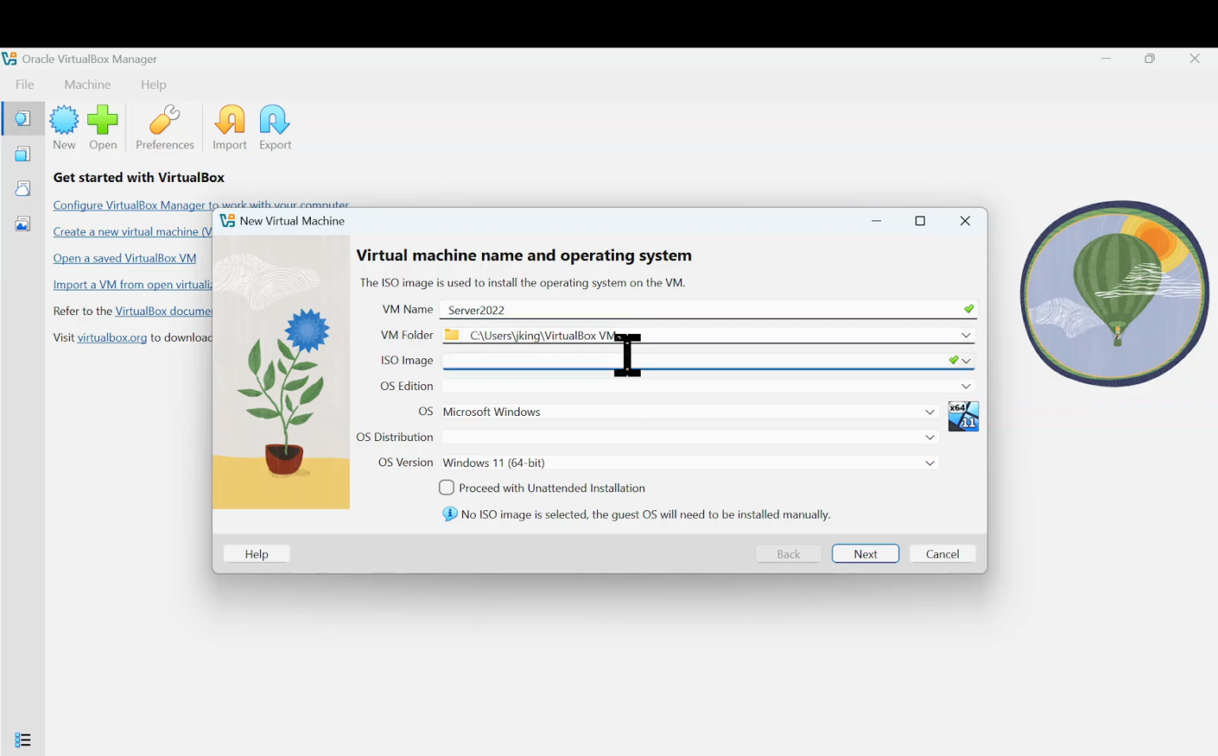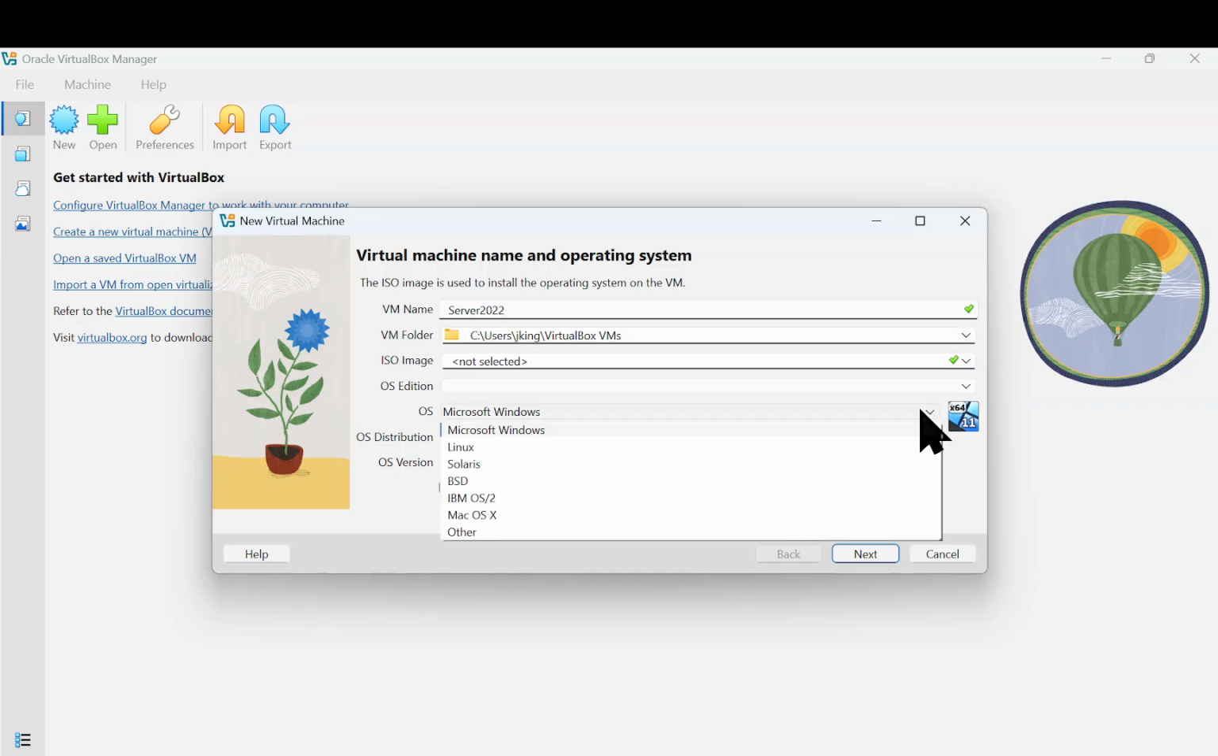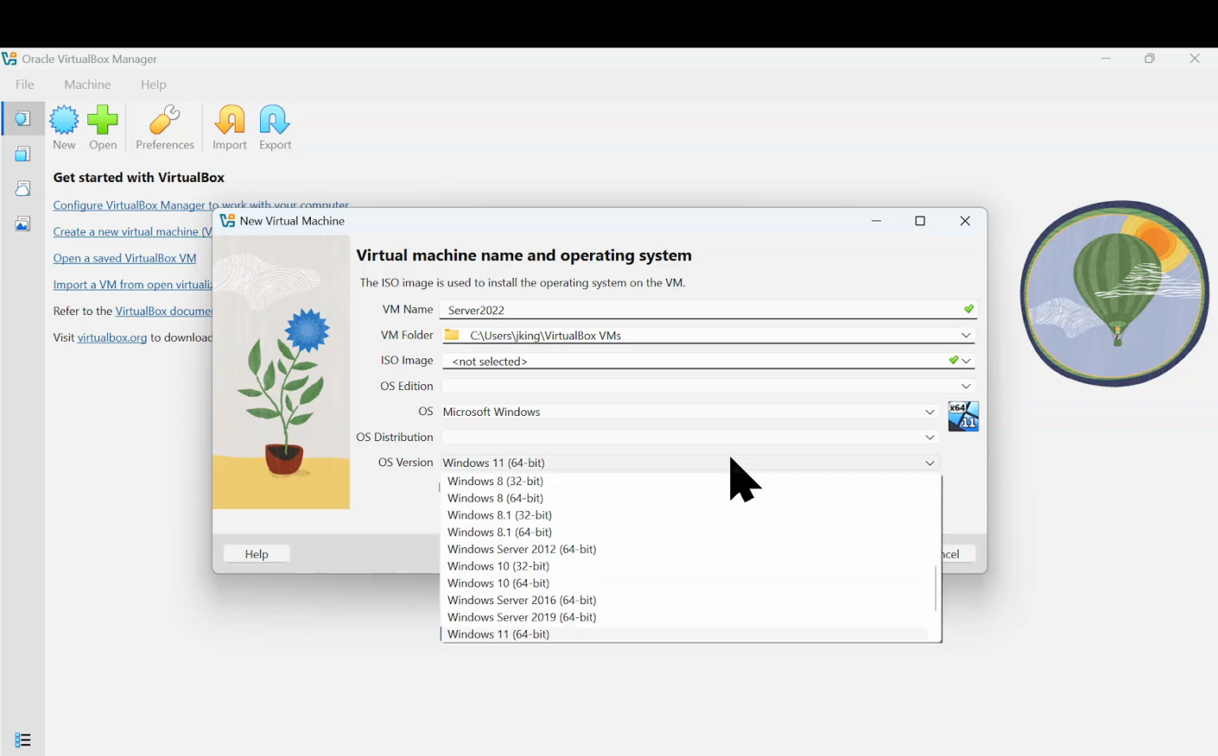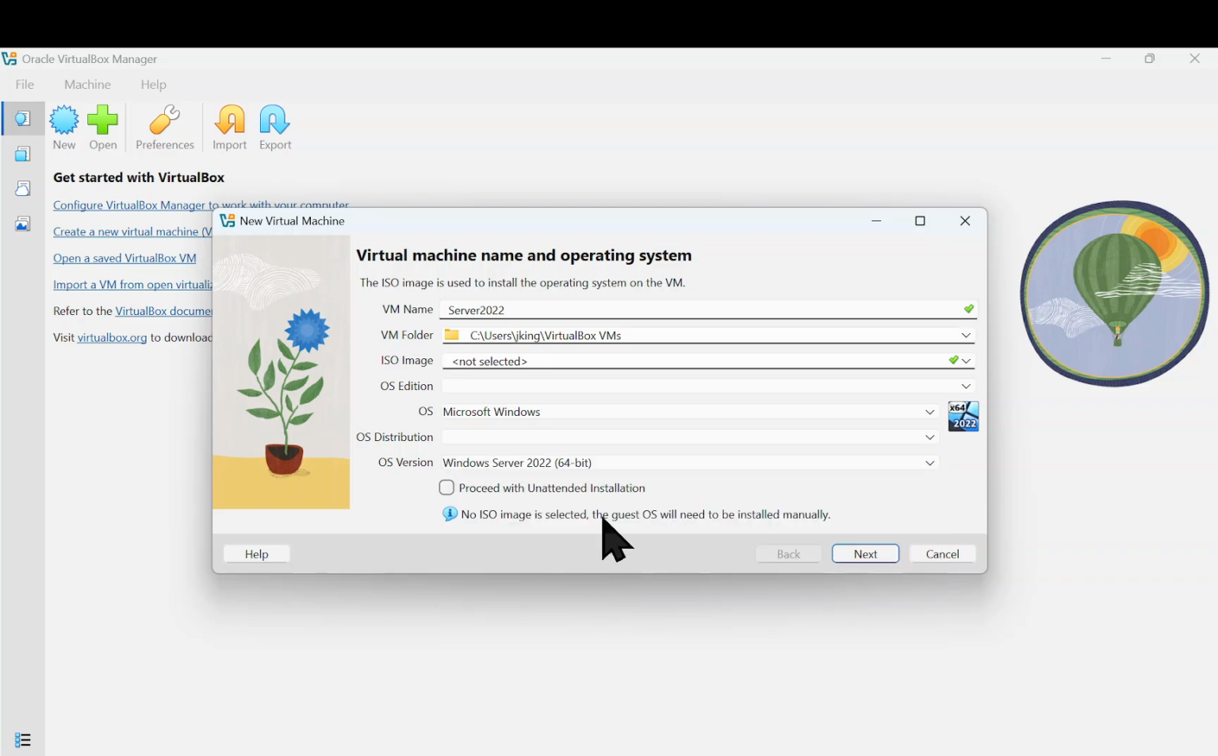The ISO image, normally you would put something there, but for server, we are not going to do it. The OS edition, we don't care about that either. The OS is Microsoft Windows, yes. The OS distribution, we don't need that either. And right here though, the OS version, we will need to come down here, find our Windows Server 2022 64-bit, click on Next,